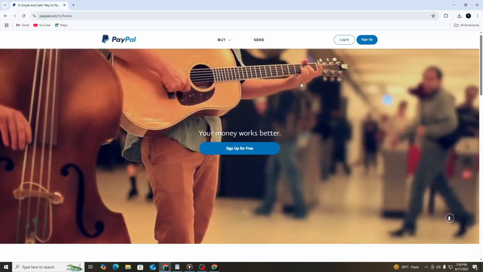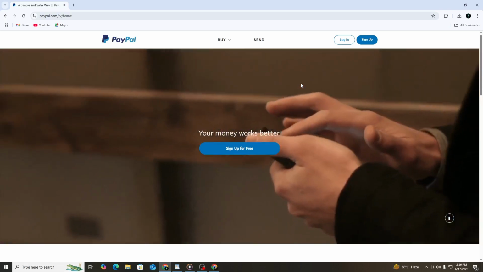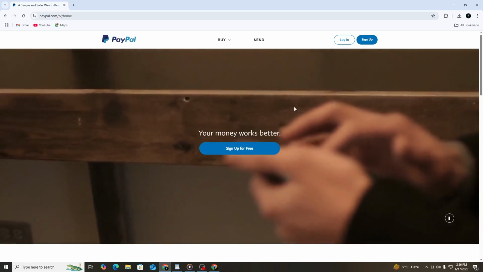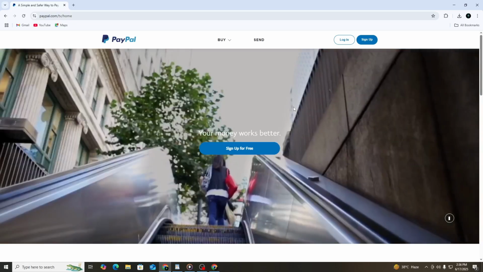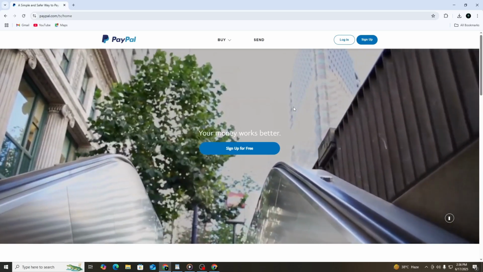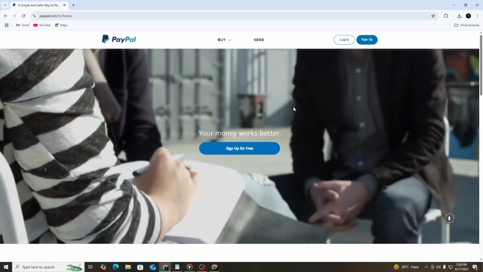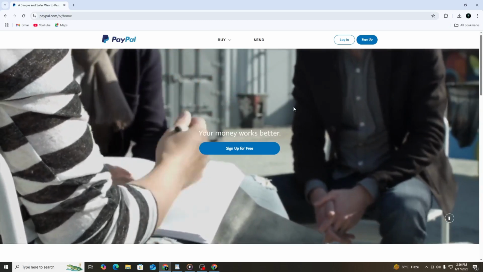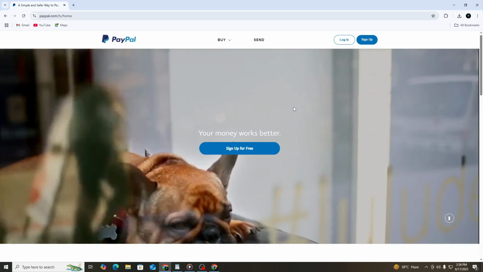In this video, I will show you how to create a PayPal account for user testing in 2025. This type of account is used to test transactions in a development or sandbox environment. It is not a real PayPal account for sending or receiving real money. Instead, it is useful if you are building or testing an online store, an app, or any software that integrates